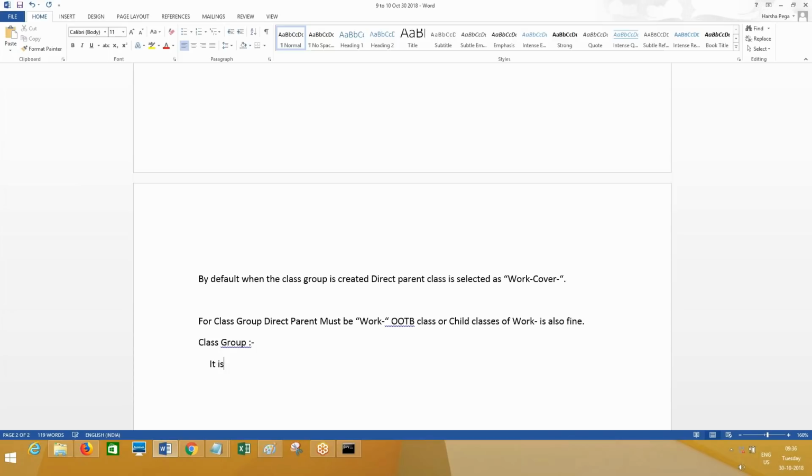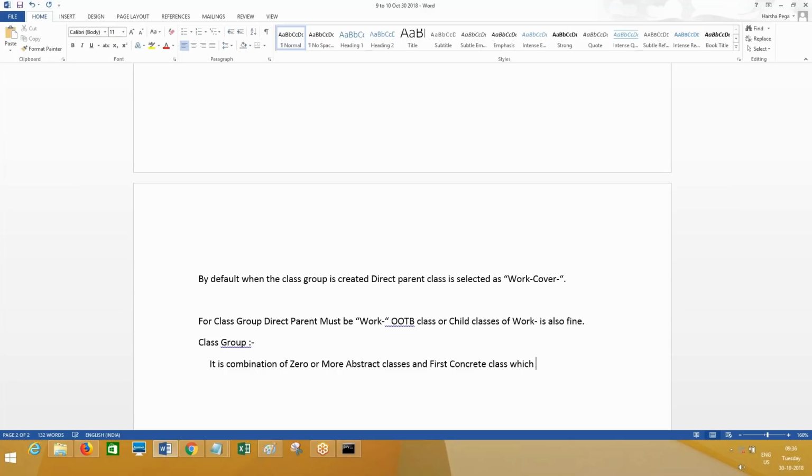Class group is a combination of 0 or more abstract classes. Is it true? Suppose I don't have any abstract class, only one concrete class. I can make it a class group also, no problem. 0 or more abstract classes, and the first concrete class. What do you mean by first concrete class? Under this concrete class, I can create another concrete class, but I am not doing that.